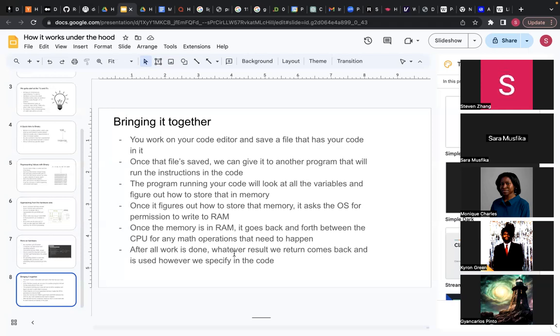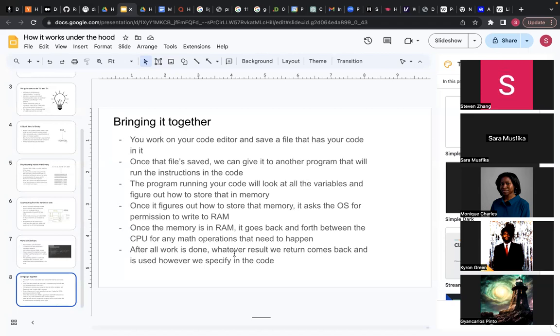So we've got stuff loaded into memory. We've got the values that are in the variables loaded into RAM. As we're running through the code, based on what we say in the code, it's going to figure out what values in memory to send to the CPU to do any sort of mathematical work. If we said we want to get the value of x plus y, we're going to go into the memory, get the value of x, get the value of y, send that to the CPU, wait for the CPU to add it together, and then take the value that comes from the CPU and bring it back into memory,